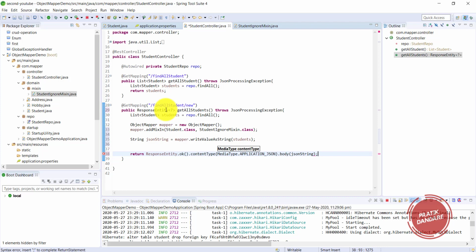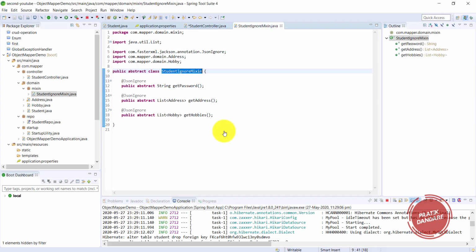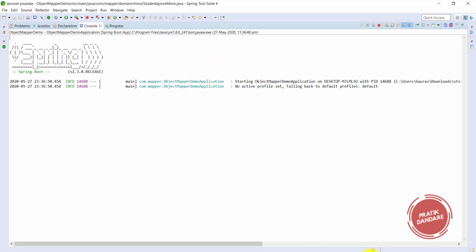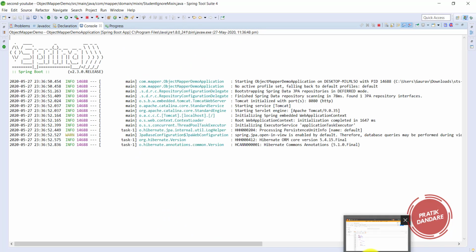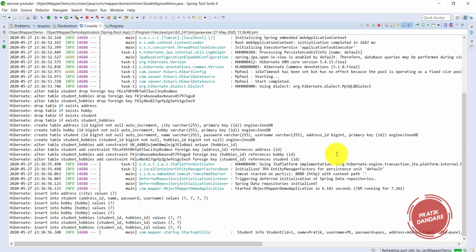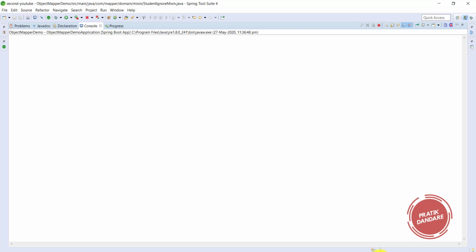Now let's see what happens when we return the result. With the mixin we wrote, password, address, and hobbies are not going to be returned. Let's check in our Postman. Okay, it's available now.